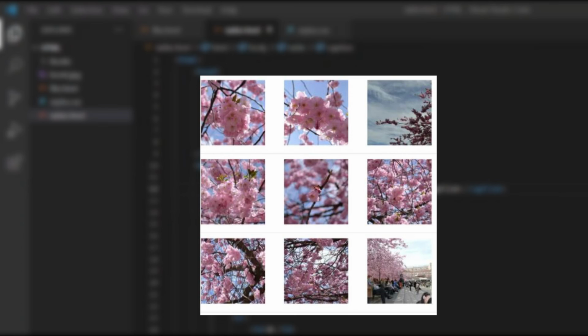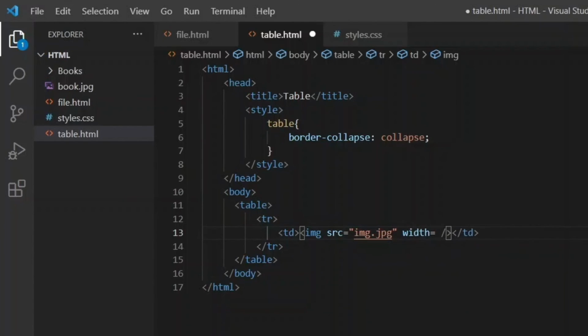So how could we do it? We can't apply a margin here, but surely we can apply padding in order to space out the image from the table cell border. With these things in mind, I want you to revisit the task if you were unsuccessful. Okay, let me dive straight to the solution.